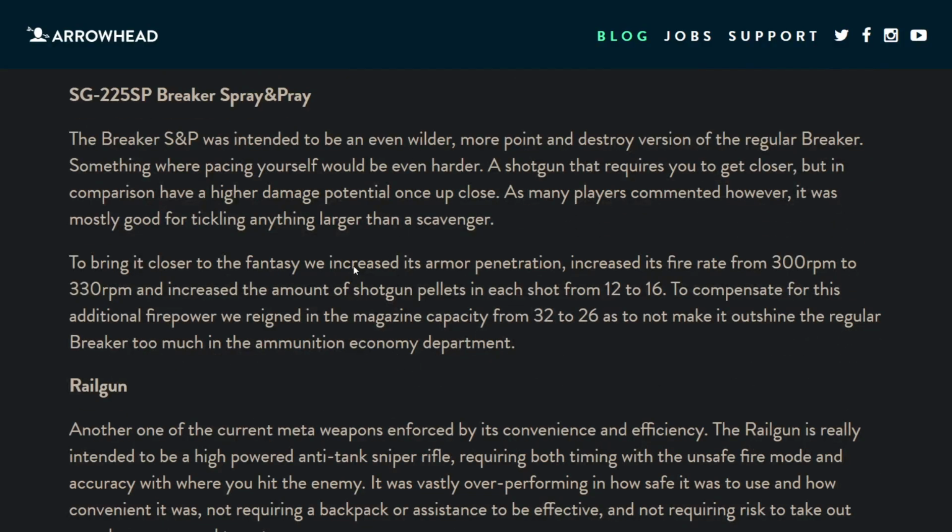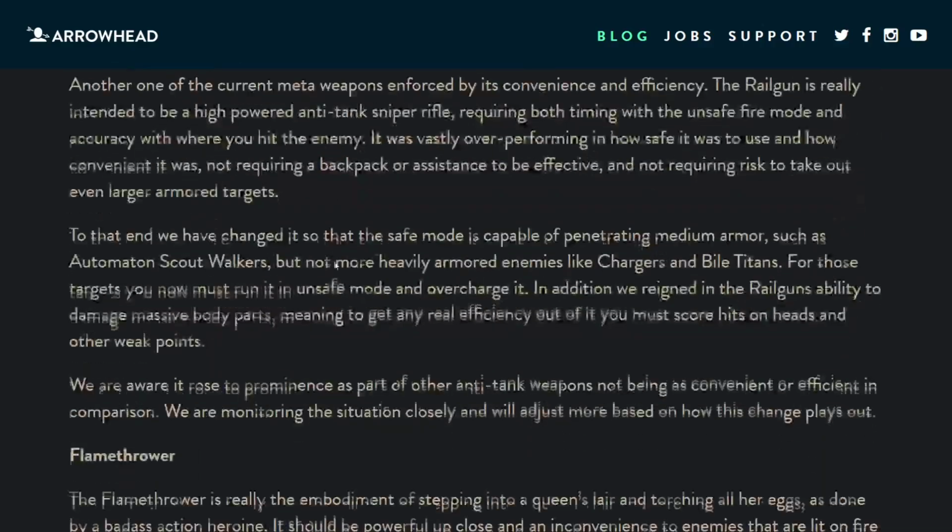And then the Spray and Pray, they increased the penetration, fire rate, and shotgun pellets. I haven't tested this, but it's definitely cool that they did this. It's interesting because they nerfed something in it, and this was definitely one of the least popular weapons. It's just weird to me, but maybe the buffs were enough to counteract the nerf. And then the Railgun,